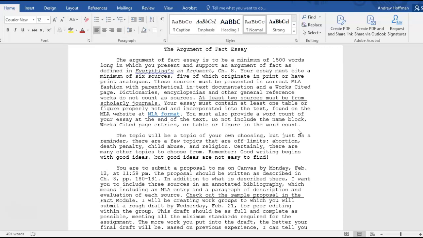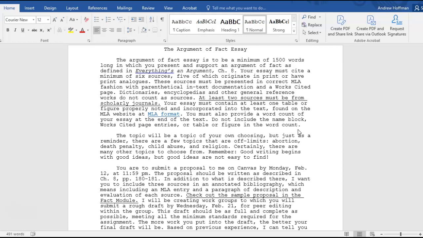And of course, there is a handout also posted here on Canvas that does give you a sense of some topics. And again, that's not supposed to be a limiting idea. It's not trying to say you can only use what's on the list. In fact, I encourage you not to use what's on the list, but just see that list and see the kind of topics that we're talking about.